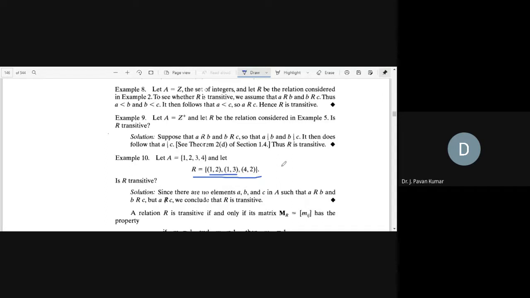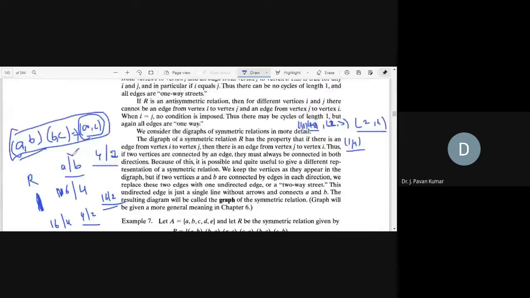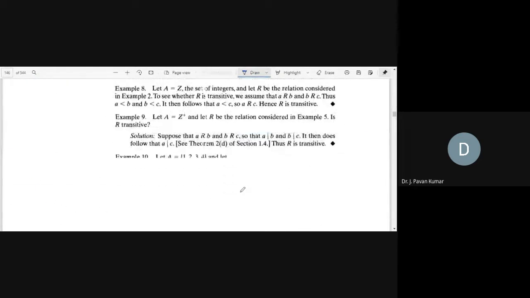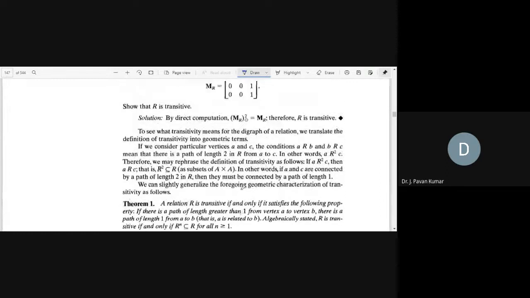If there is no such combination like (A,B), (B,C), then (A,C) should be present. But we don't have (A,B) then (B,C). We are having (A,B) independently, but the (B,C) pair is not there in this relation. You can observe here. If you consider (A,B) as (1,2), are we having (B,C) anywhere? (B,C) in the sense it should start with 2. But we don't have such a pair.